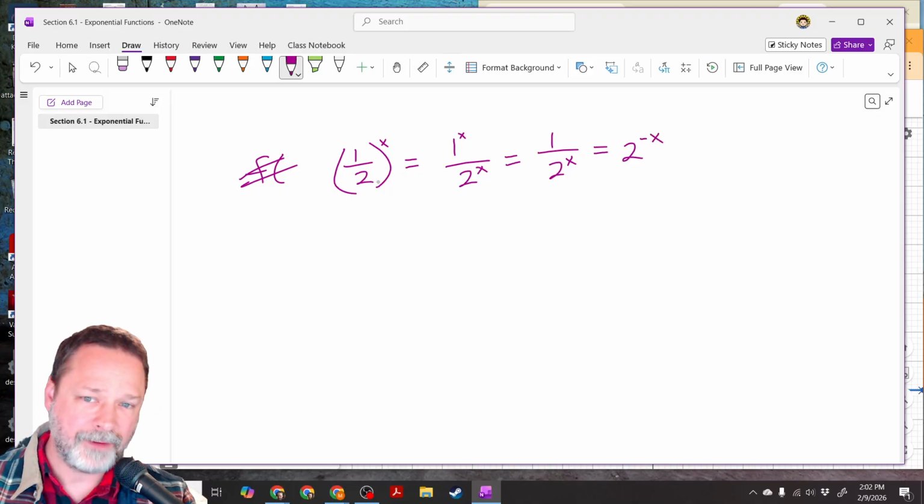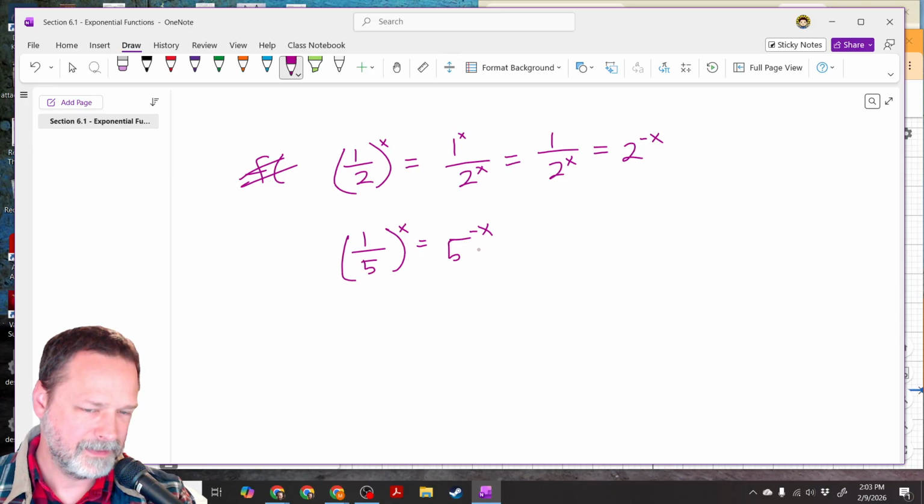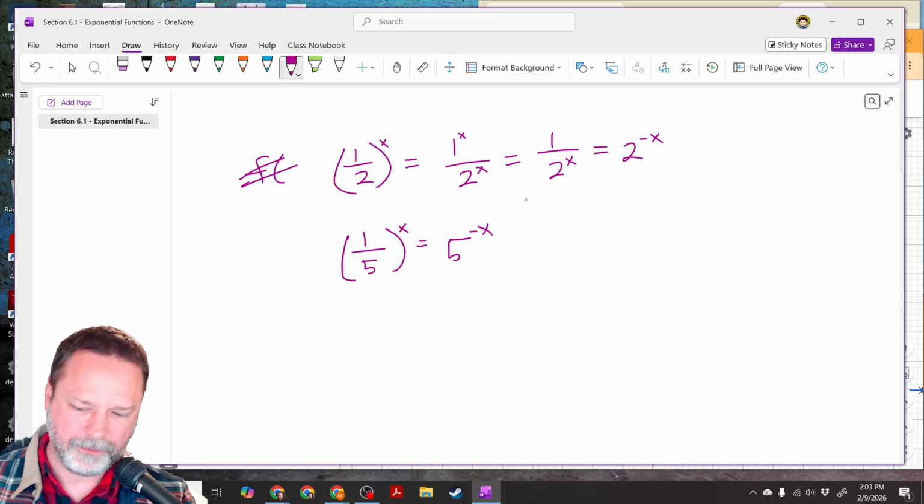So when you have a fraction less than 1, something like this, 1 over 5 to the x, 1 over 6 to the x, right? It's this kind of thing. If I had 1 over 5 to the x, that's equivalent to 5 to the negative x. So that's an interesting little property with these guys